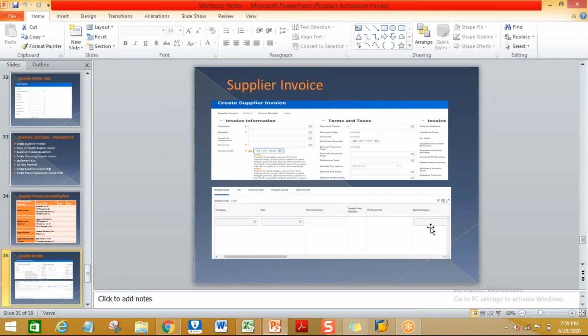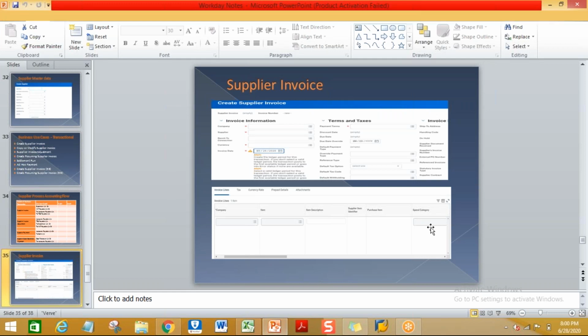Once you post the invoice and it is approved, only after the approval status can you see the invoice accounting entry. So once you have posted and the approval is completed, it will be in the posted status, and then only you can see the accounting entry.